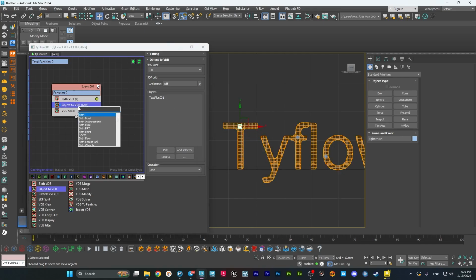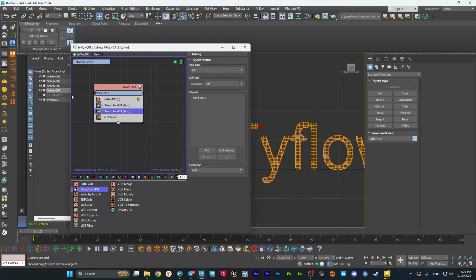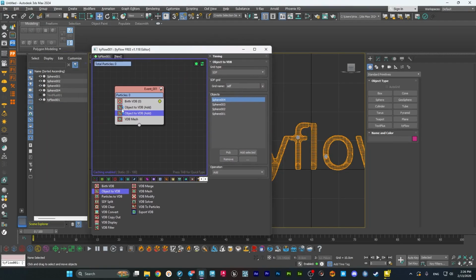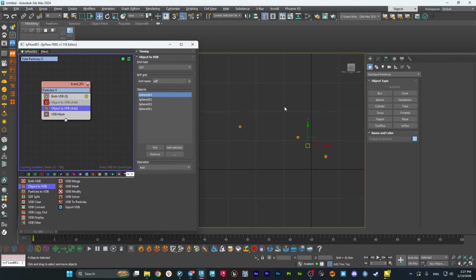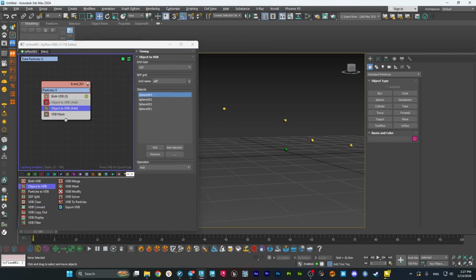Alright, I'm gonna copy this one, hold shift and drag it, and add these emitters to our Tyflow setup, and remove the text one. So let's just hide this and hide all this. As you can see, we have our first initial Tyflow VDBs right here, which the growth will begin from these